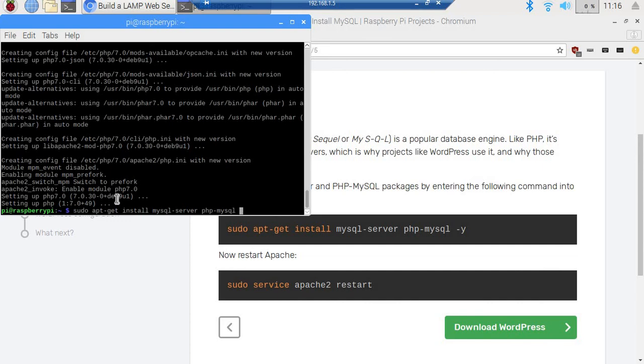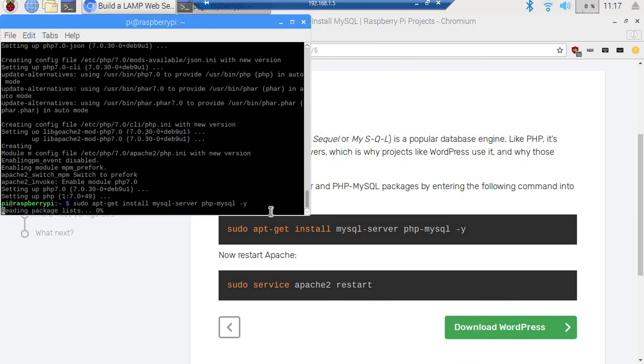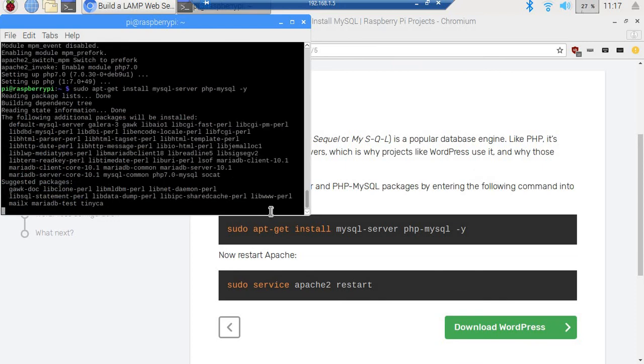Some people call it SQL, so that also. So we have written sudo apt get install mysql server php mysql, and enter. So it will install that,